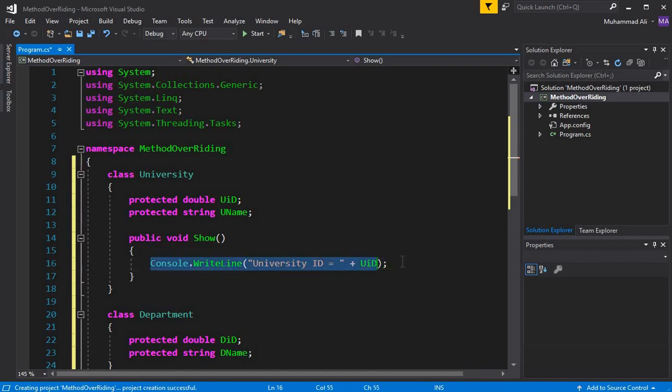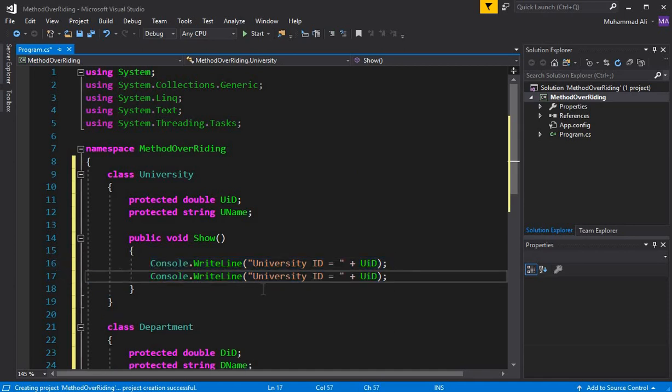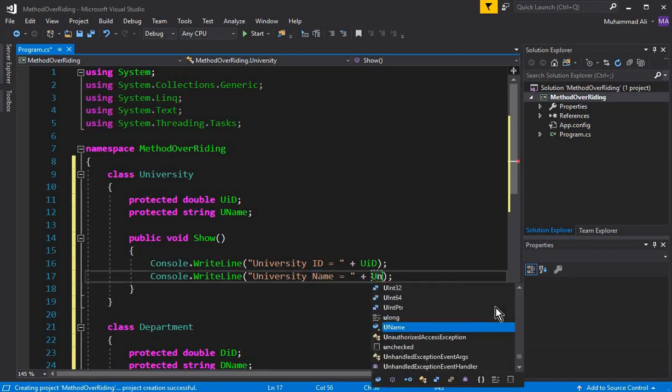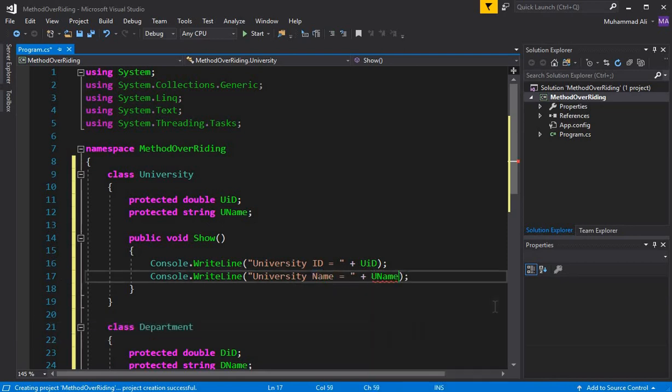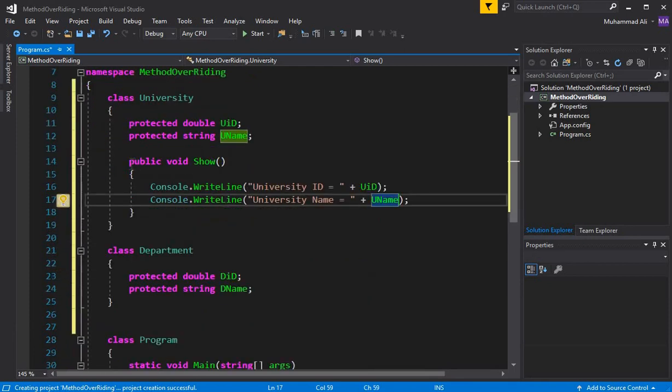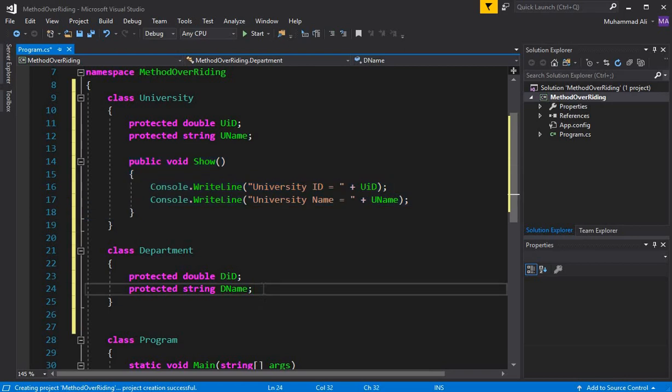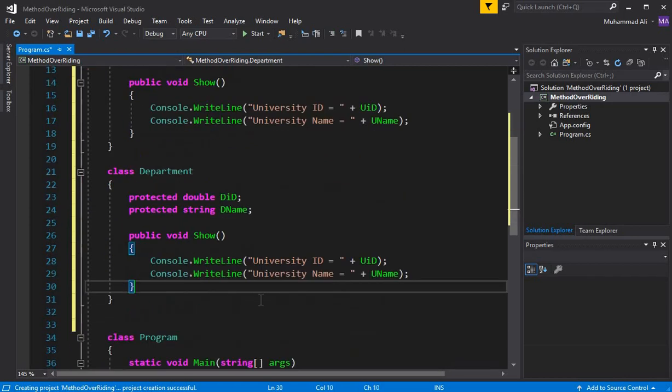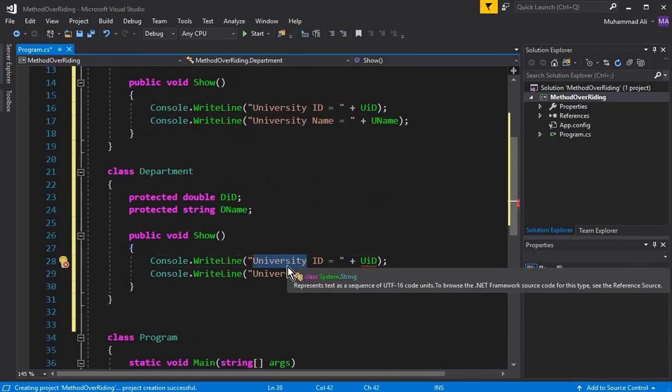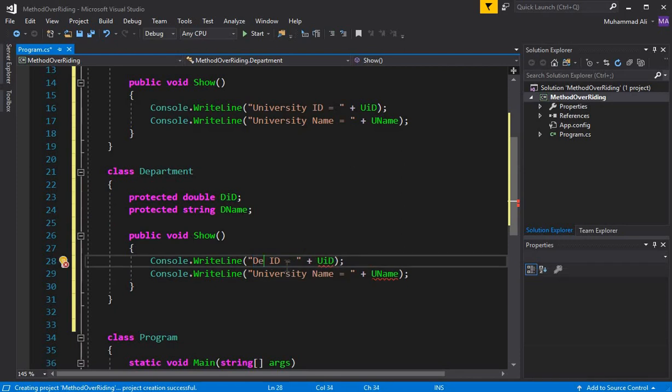And then we will display the university name here, so we can paste that here and we can say university name, uname. And let's copy paste the same method there, Control C, and paste that method here in department so that we can change the university ID to department